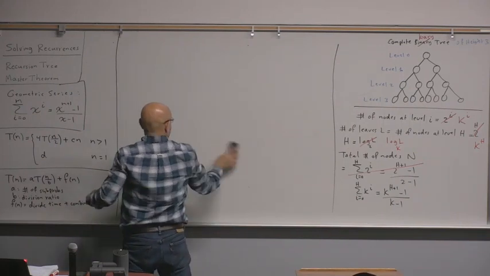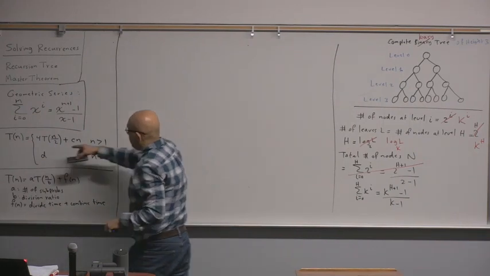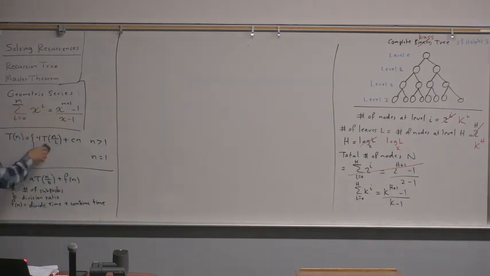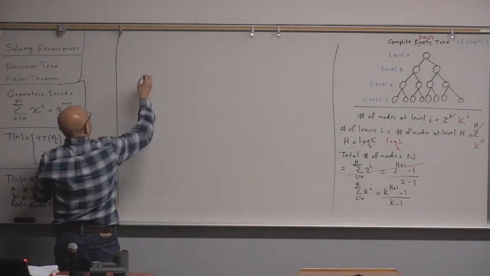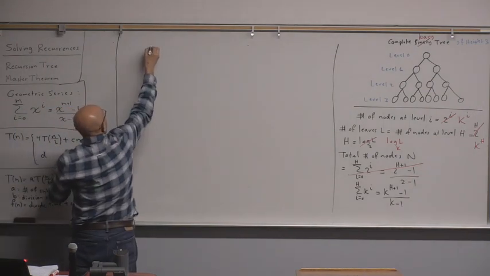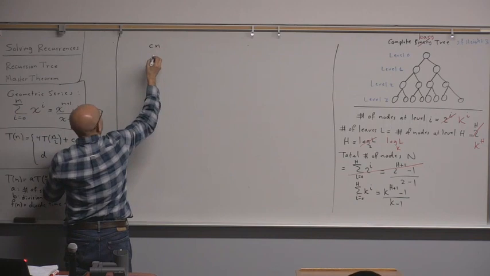Now, okay. Now let's analyze this. Let's get back to this example, 4T of n over 2. So it's going to look like this. Let's try to draw the recursion tree. So we'll say, okay, we have Cn, and then we have,